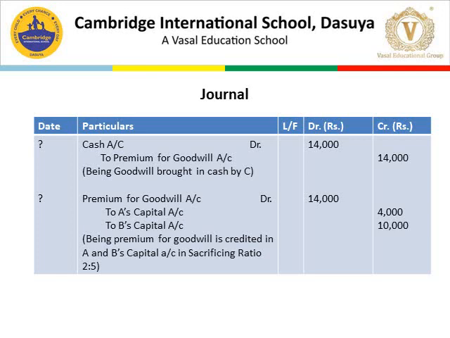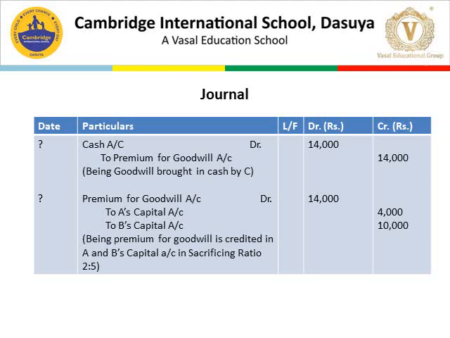Now the premium for goodwill is distributed among the sacrificing partners. Here the sacrificing partners are A and B. As this is a particular type of question in which you do not need to calculate the sacrificing ratio, as the sacrificing ratio is always equal to the old profit sharing ratio. So the sacrificing ratio here is 2:5.